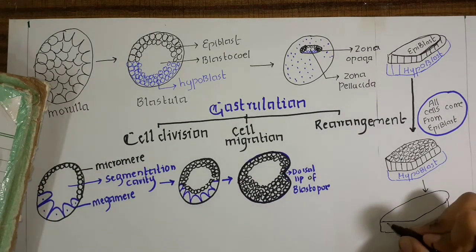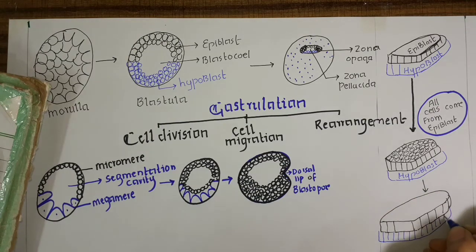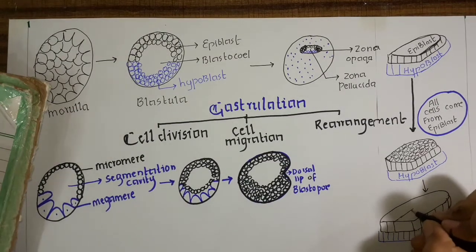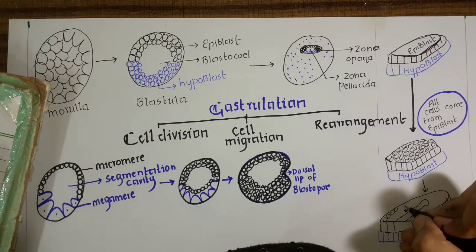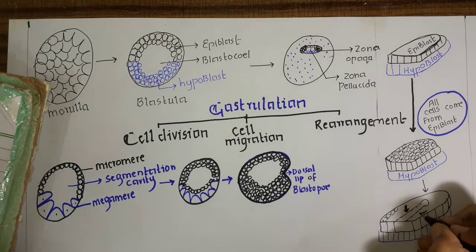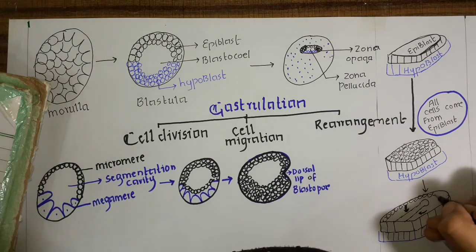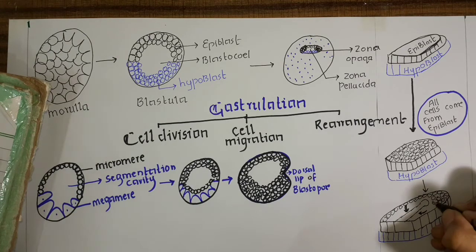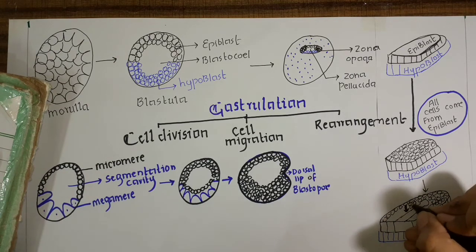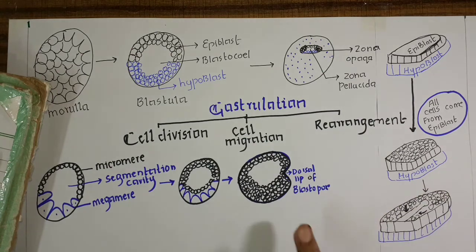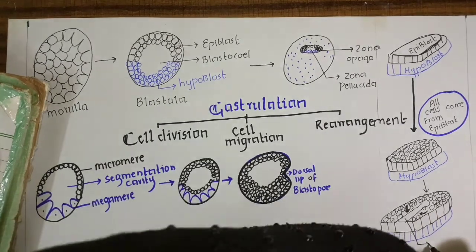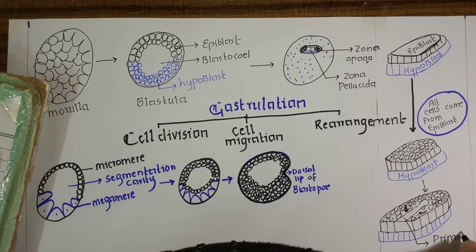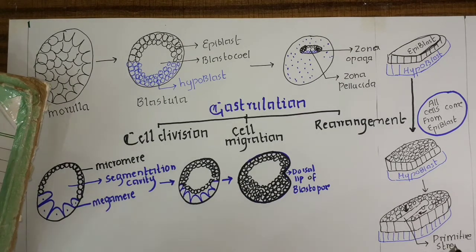Now what happens is that the center part of the epiblast cells dissolve or start disappearing, forming a streak-like area, and when it is formed, you can say that a gap is formed. Outside there is a cluster of cells, and these cells will start moving inside this gap and come towards the hypoblast. When they are moving inside, they form the streak-like area here,